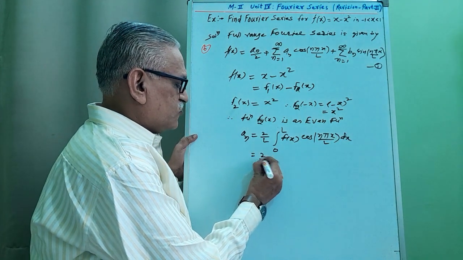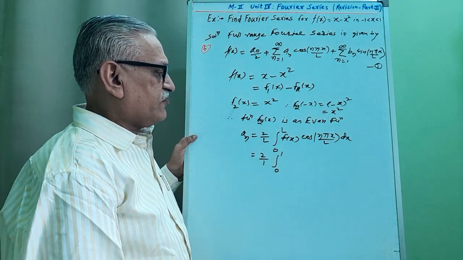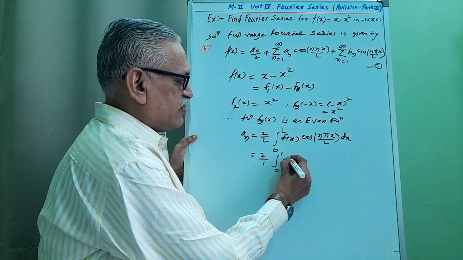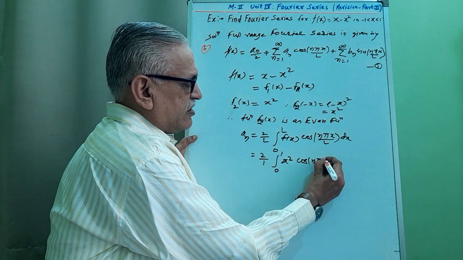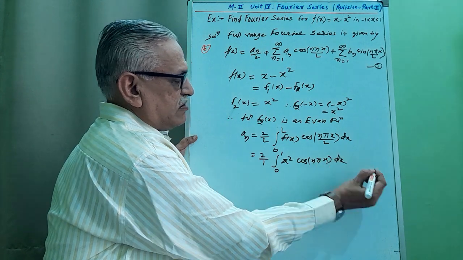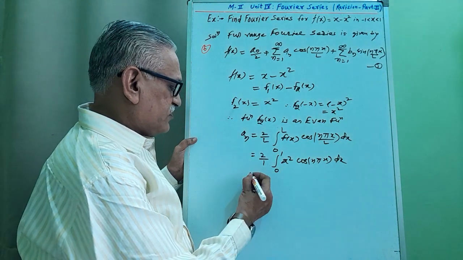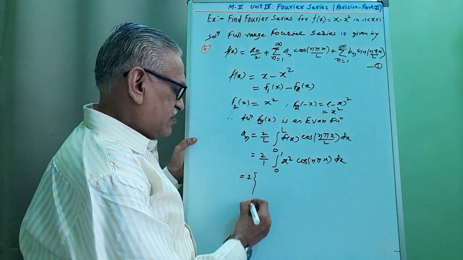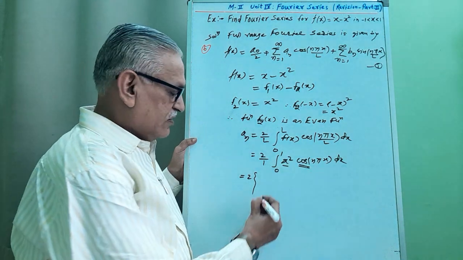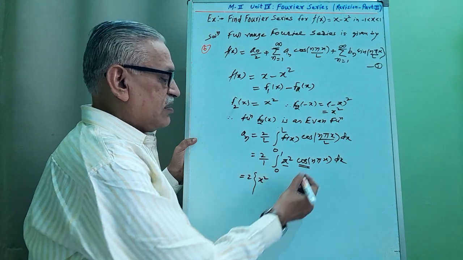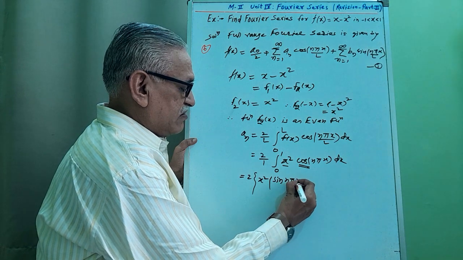Substituting values, 2 by L, L is 1, integration from 0 to 1, f of x is x square, cos of n pi x. Integrating it by generalized part, as here it is a product of two terms. The first term is x square, the second one is cos. Integration of cos is sin n pi x by n pi,